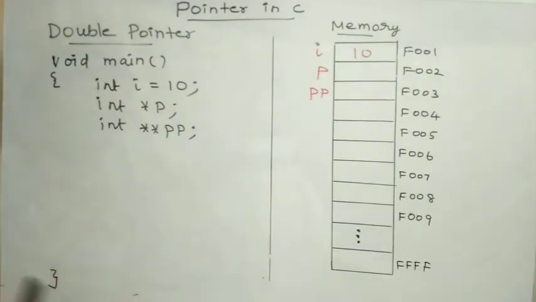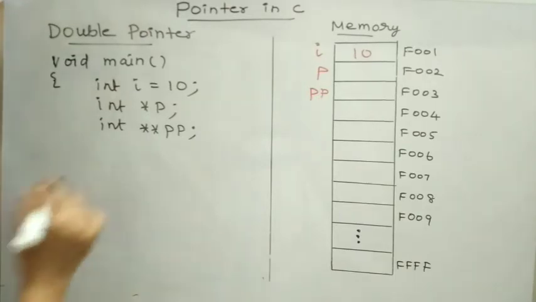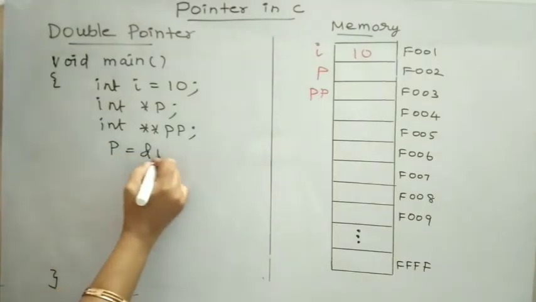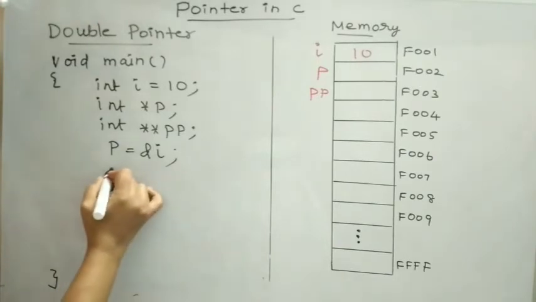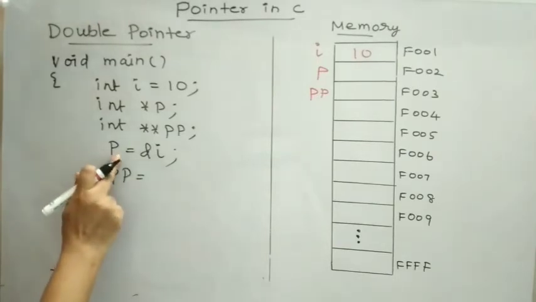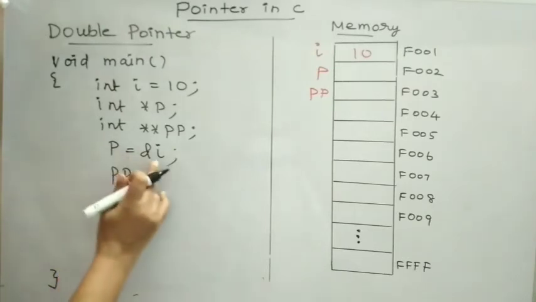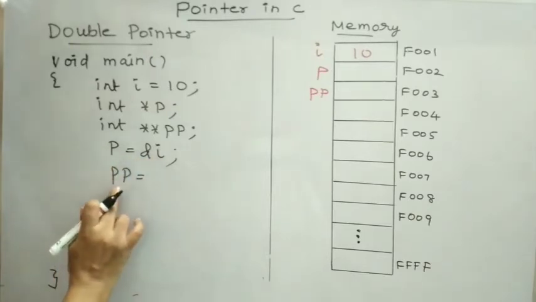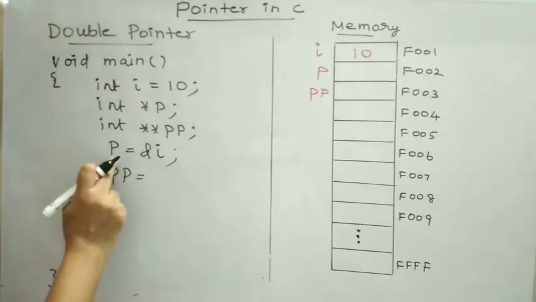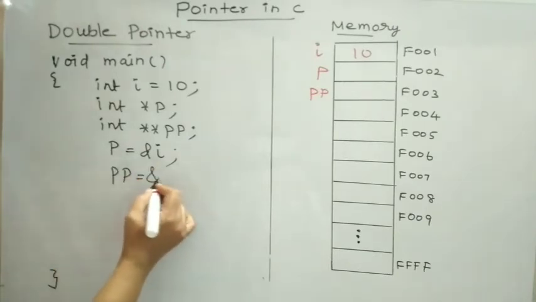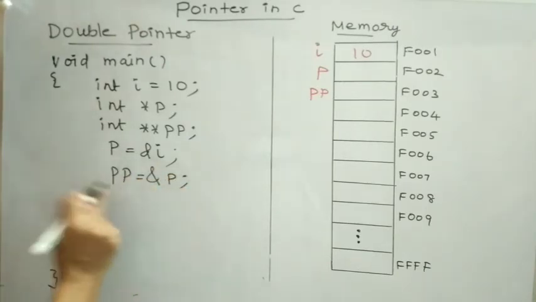Then I need to write 2 assignment statements, using the memory address operator and indirection operator. That is p = &i, and then pp = &p. Basically, p is a pointer variable which is going to hold the memory address of a variable. So the memory address of this variable I is assigned to p. If I want to assign a value to this double pointer pp, I may assign the memory address of a pointer variable. Here, which is the pointer variable? p is my pointer variable. I am assigning the memory address of this pointer variable p to this pp.